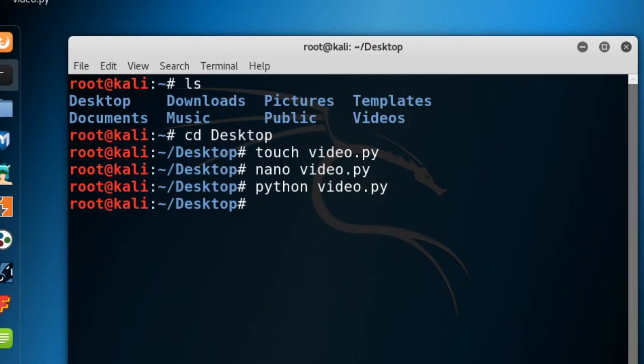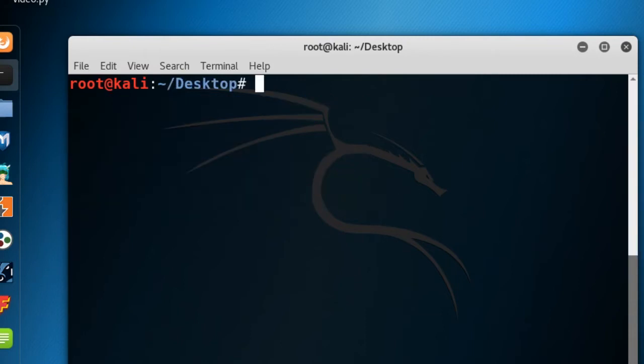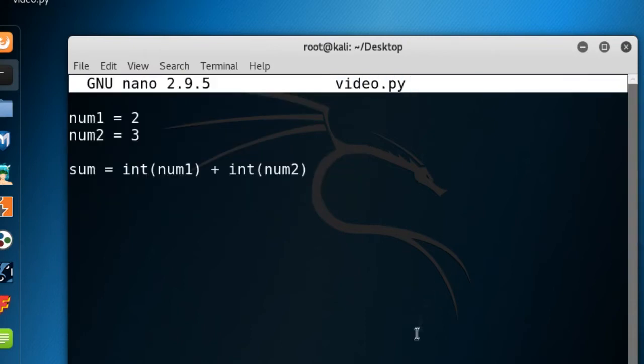Now if we run that, nothing will happen, but something did happen. It did add those numbers together, it just didn't print them or anything because we didn't tell it to. So now let's tell it to. We'll print the sum of